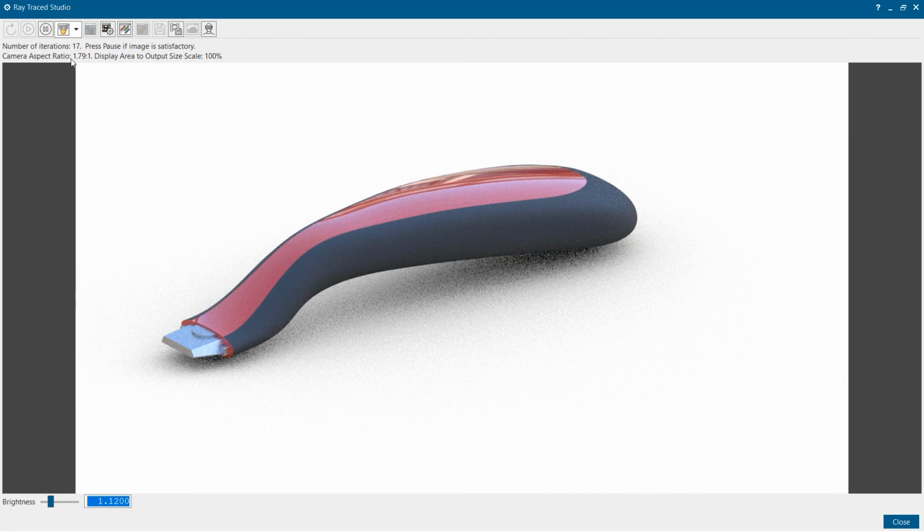You've seen me take reference images and use those to generate profiles that enabled me to construct surface geometry to create the razor handle. You saw a number of different techniques, as well as analysis tools that can check the moldability and also the surface quality of the part. And finally, once complete, we've looked at a realistic rendering of the model.